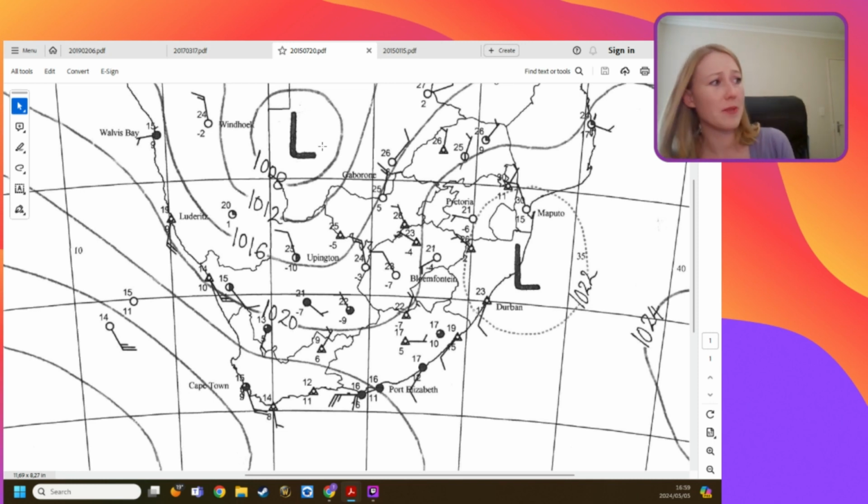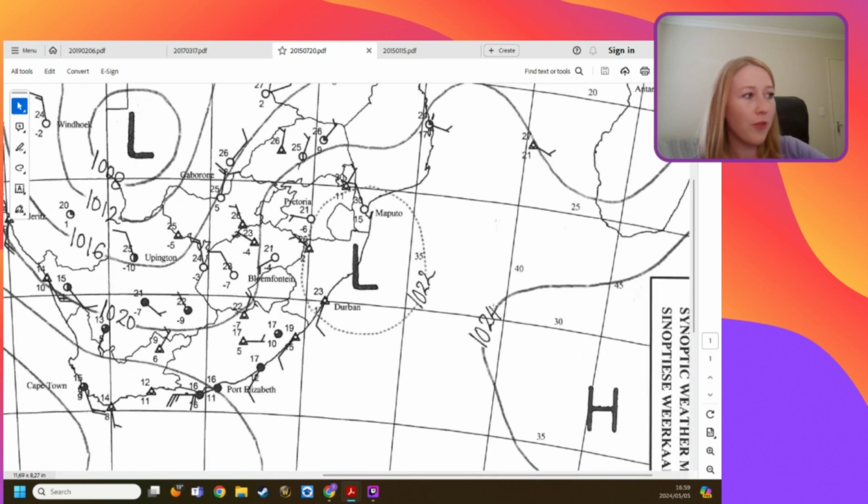I'm glad that we actually found this map because you can see that there's a slightly different line. I don't know if you noticed this one. This has a little dotted line. The dotted line means that the pressure has decreased. So it's like there's a little dip right here. So it's decreased, but it hasn't decreased a whole 4 hectopascals. So it doesn't necessarily get its own isobar, but it gets a dotted isobar because it's gone down by 2